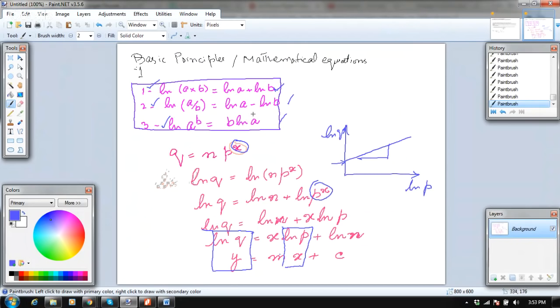And there is a rule for this part: p power x becomes x log p. Now we rearrange this and write it as log q is equal to x log p plus log n, and this equation appears as y is equal to mx plus c. So in your syllabus,